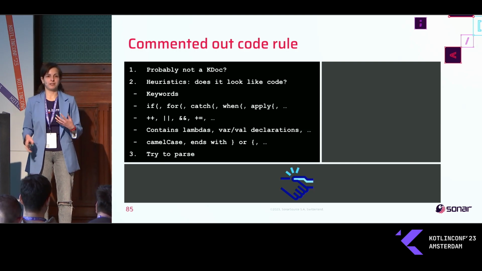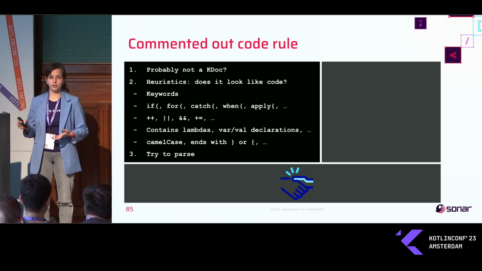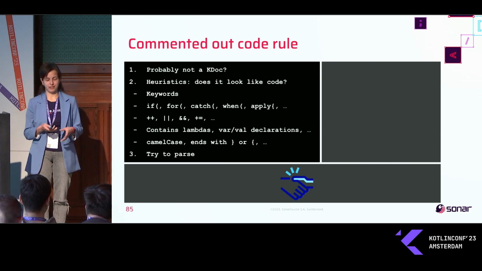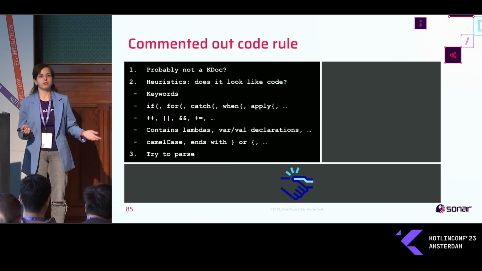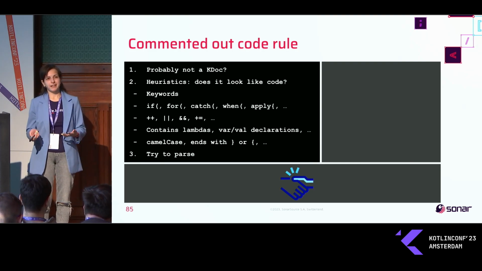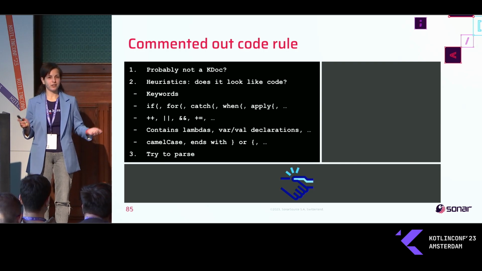And if the parse was successful, we say that, okay, it's code. If it was not successful, it's not code, so that's okay. I know that's a probabilistic algorithm, so of course it can have false positives and false negatives. So far, we had no complaints, but feel free, if you are able to trick it, to report it in our